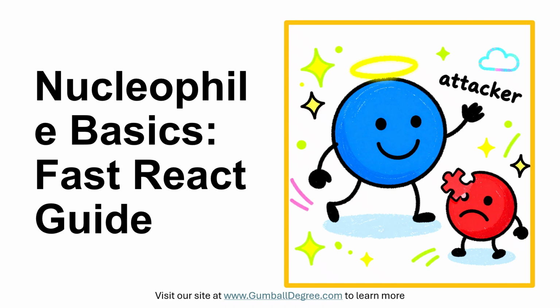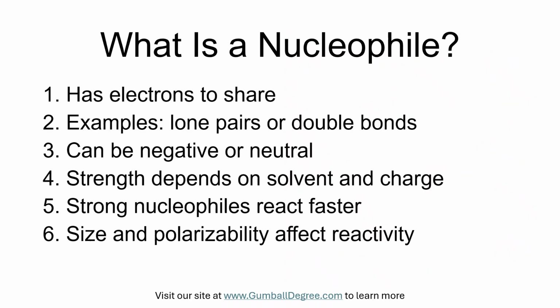A nucleophile is an electron-rich species that donates electrons to an electrophile, often because it has lone pairs or pi bonds and seeks to form a new covalent bond. Think of a nucleophile like a kid with an extra Lego piece who wants to connect to another Lego that is missing a stud. The nucleophile has electrons it can share, such as lone pairs on oxygen or nitrogen or